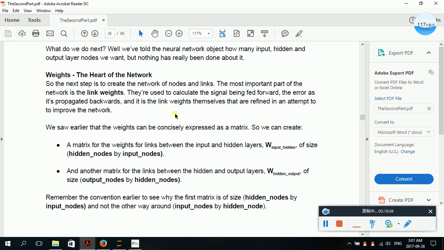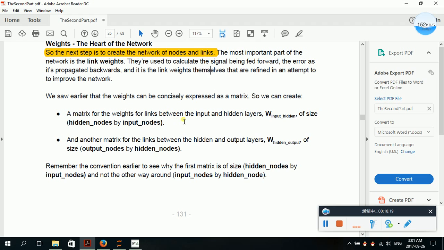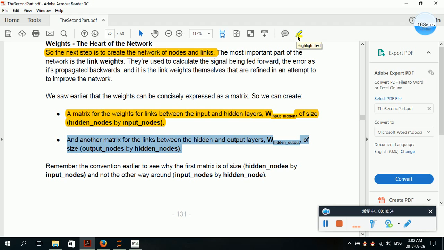This is the heart of the network, so next we have to create a neural network with nodes and links. The most important part of a neural network is the link weights. We need a matrix of the weights for links between the input level and the hidden level, because we have three levels: the input level, the hidden level, and the output level. So between these three levels,